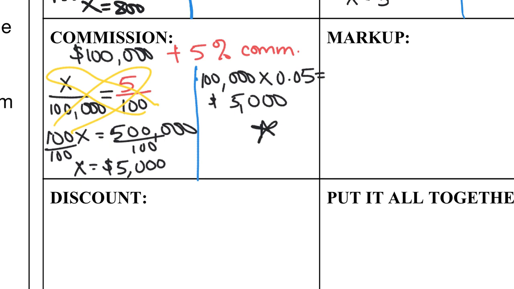The Khan Academy is sometimes going to give you just the commission. Sometimes it's going to give you the whole total sell with commission. And so you're going to have to also know how to use the part whole percent out of 100. All right, let's move over to